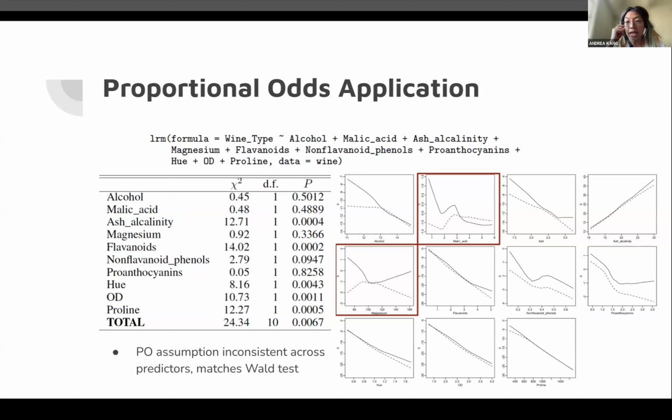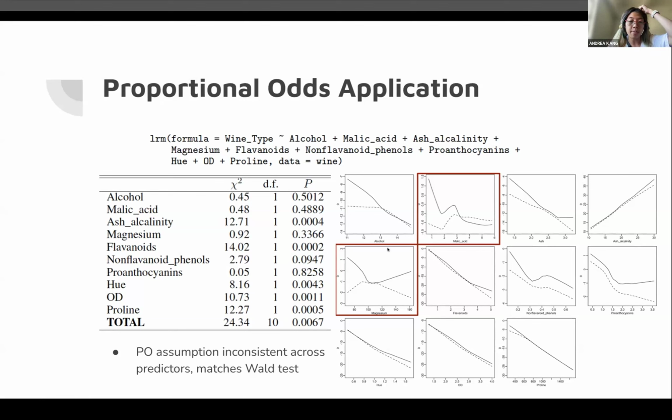So it did fairly match how the assumption was satisfied with regards to proportionality as well as ordinality, as well as proportional odds for this case. We do see that most of these have a fairly parallel slope to an extent. The main offenders, however, seem to be things like malic acid or magnesium in this case, where you do see really inconsistent